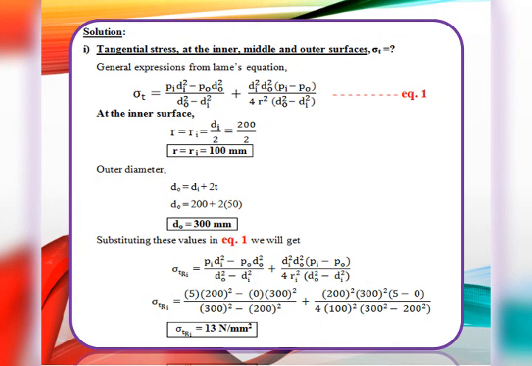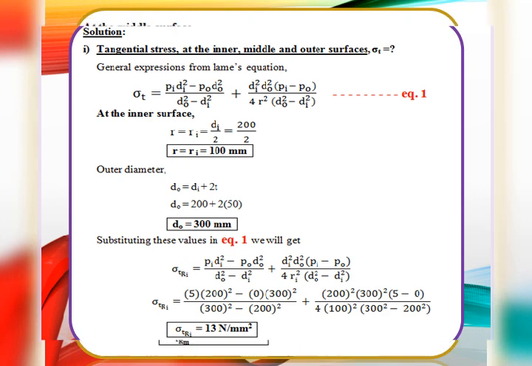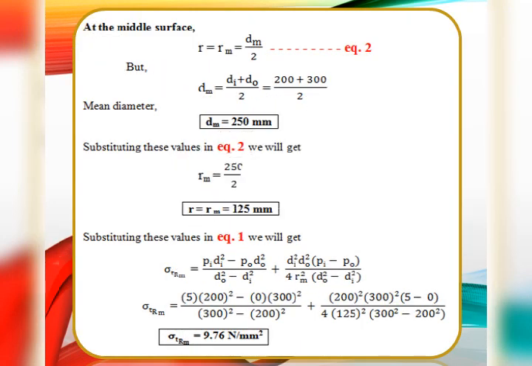Equation 1 has changed here. We replaced r as ri. So ri is 100 squared into 300 squared minus 200 squared. By simplifying that, we got the value of sigma t ri, or tangential stress at the inner surface, as 30 Newton per mm square. Soon after getting tangential stress at the inner radius, now we will move on to the middle